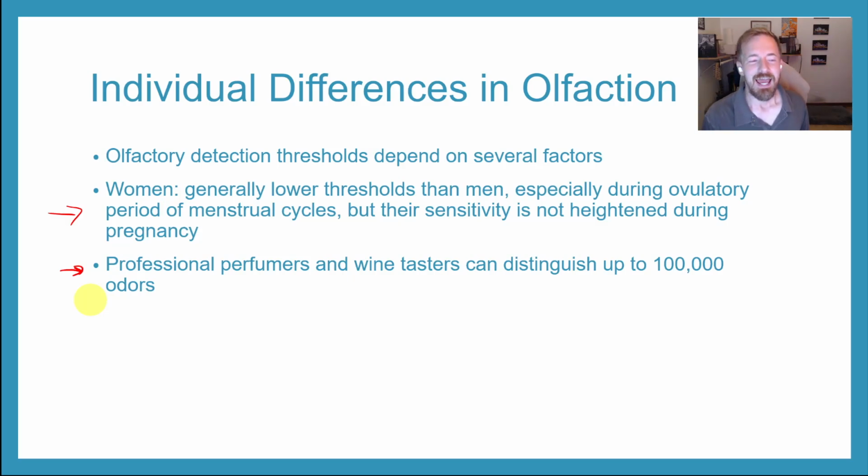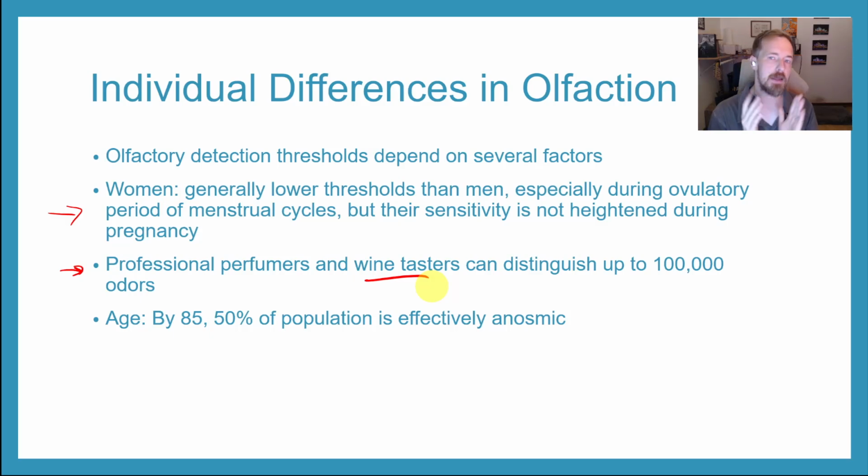But kind of interesting, right? And if you've ever seen anybody who is a sommelier or somebody who is a wine expert, it's interesting they are called wine tasters, because a lot of that experience comes from the smell of it, where they will take a wine glass and they'll do this little thing right here, and they'll smell it. And that's because with wine, the taste is less important than the actual smell in terms of identifying characteristics about it. I was going to say the same thing is true for perfume, but you shouldn't drink perfume. I'm just trying to say that people can get really, really good at identifying and discriminating things just based on scent alone.